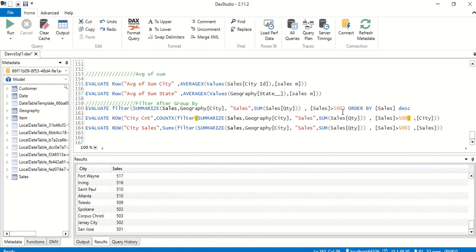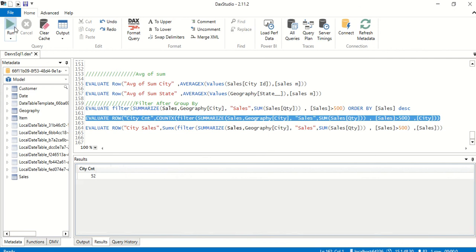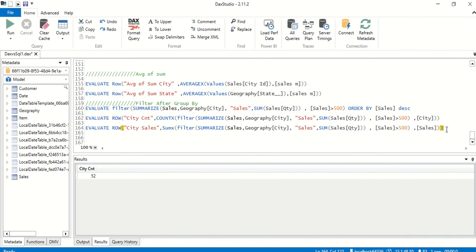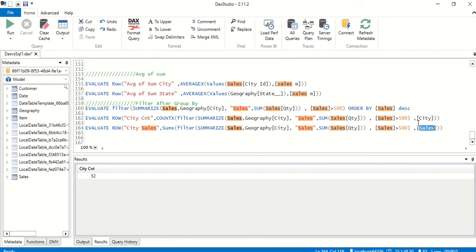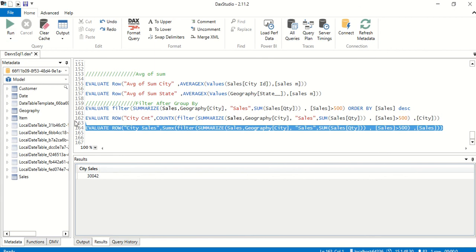Summarize gives us the data grouped at the city level by sales quantity, which we are calling sales. Then we filter it for greater than 500, and whatever data results, you take a count of it. Then we evaluate it, and we see the number 52. Now in the same case, if you want SUMX, we do sum of sales of the cities. Instead of taking city and count, we are taking sum of sales. Again we execute it, and we get sales